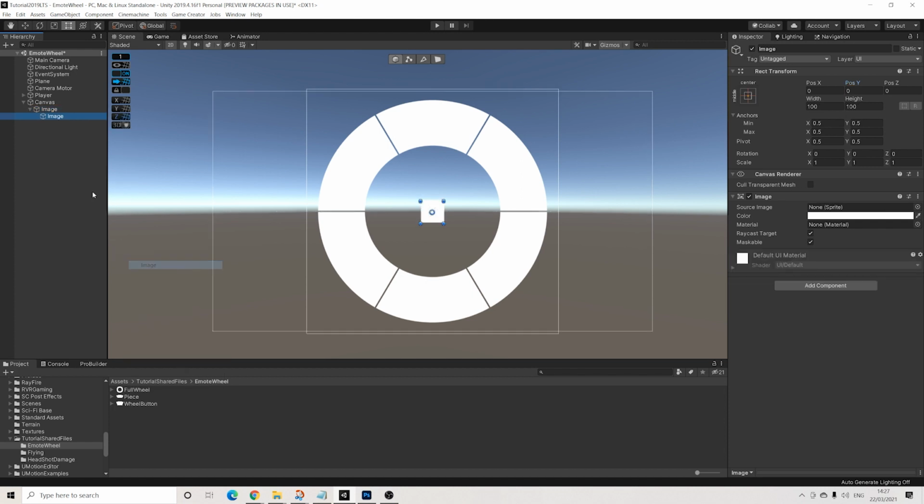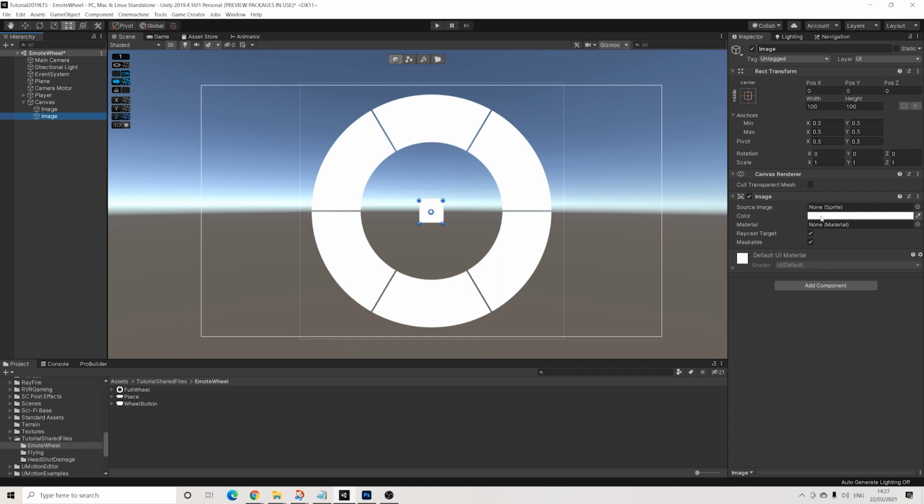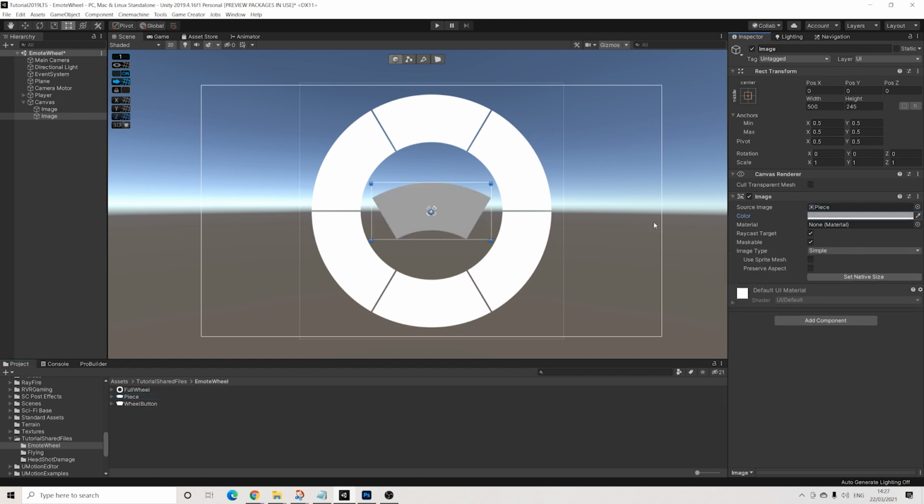let's add another image, and it shouldn't be a child actually, but it has to be on top. And I'm going to give this a color grading. And I'm going to drag in the first piece. So there we go. Again, click set native size,